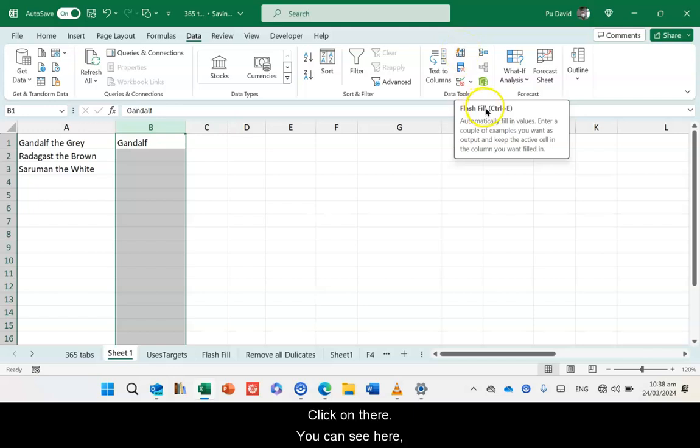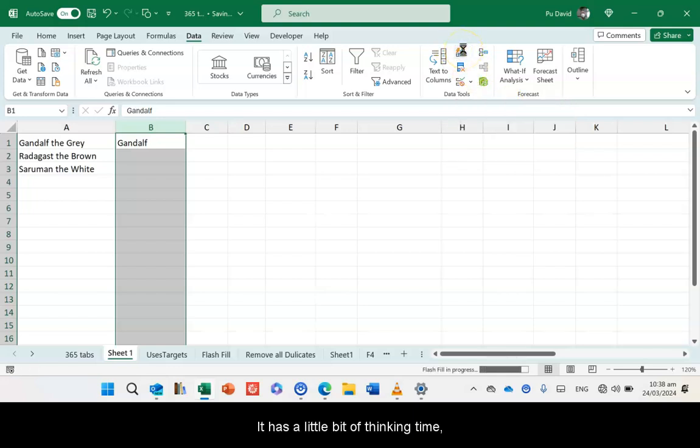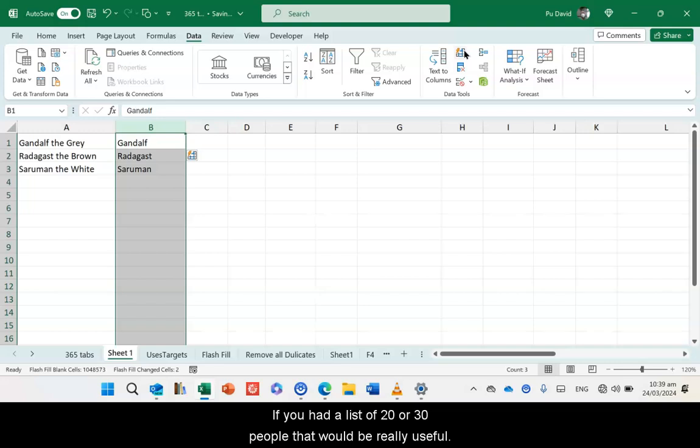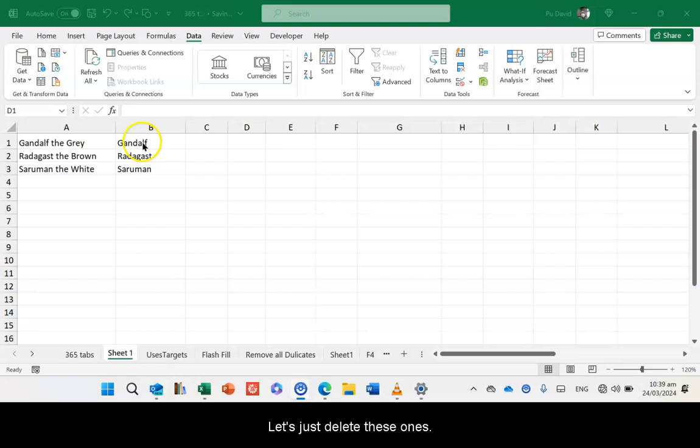You can see here there's also a shortcut, Control E. So we'll click on here. It has a little bit of thinking time and then it will put in exactly what you want. Now if you had a list of 20 or 30 people, that would be really useful. But let's just delete these ones